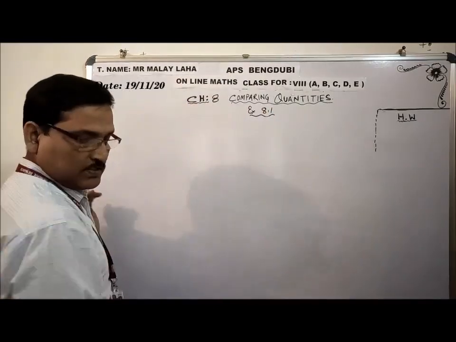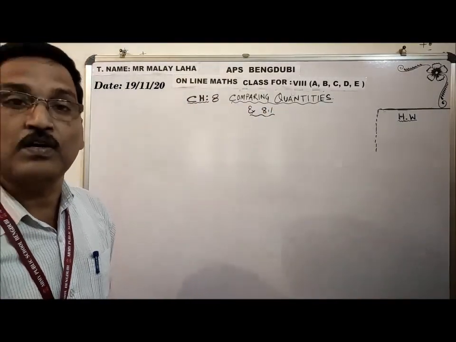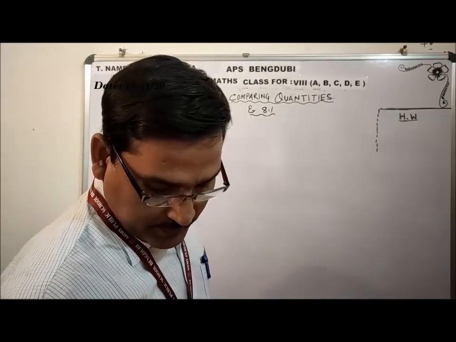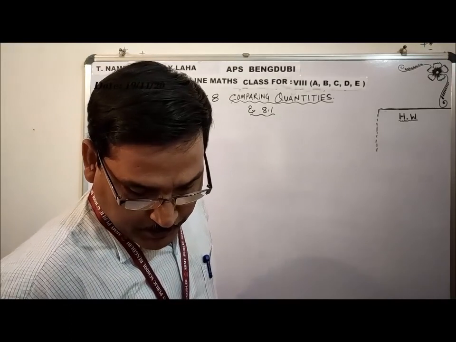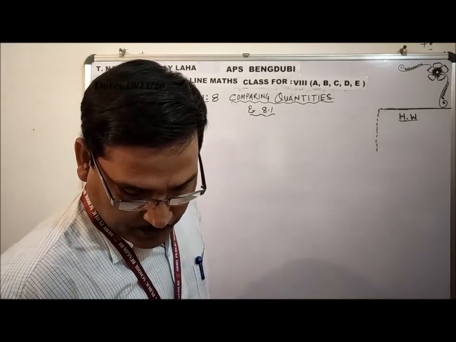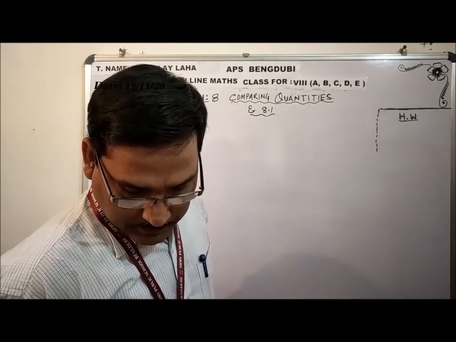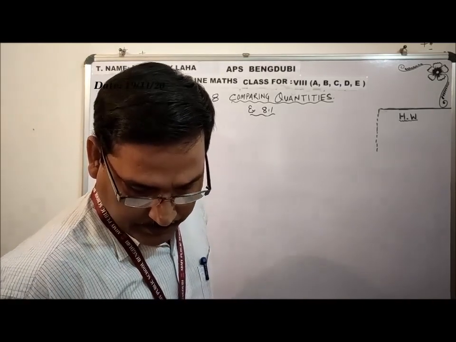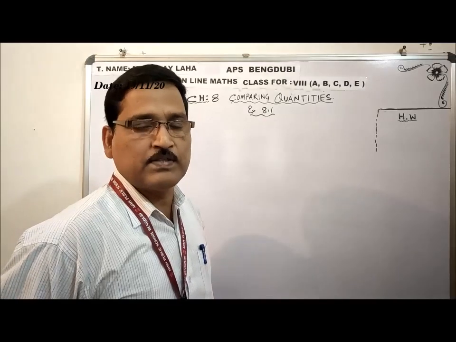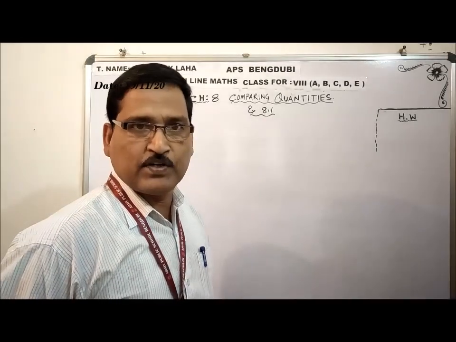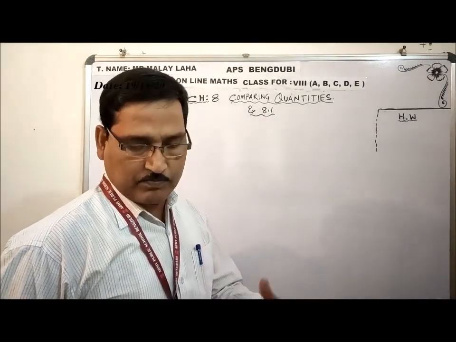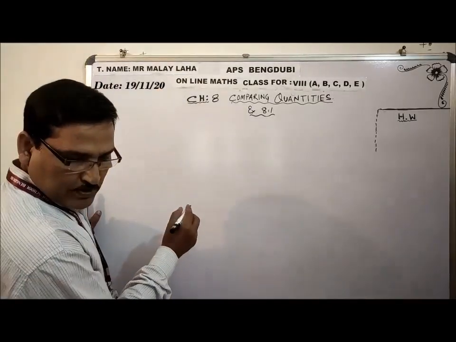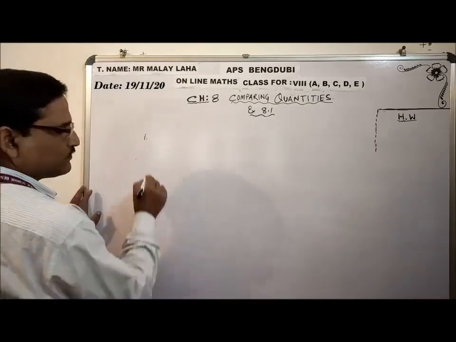Then how do you solve this type of question when you are preparing for a competitive exam? Now the first question is: find the ratio of the following. Speed of cycle is 15 km per hour to the speed of scooter 30 km per hour. That means cycle speed is 15 km per hour, and scooter is 30 km per hour. The ratio, simply you can find out.